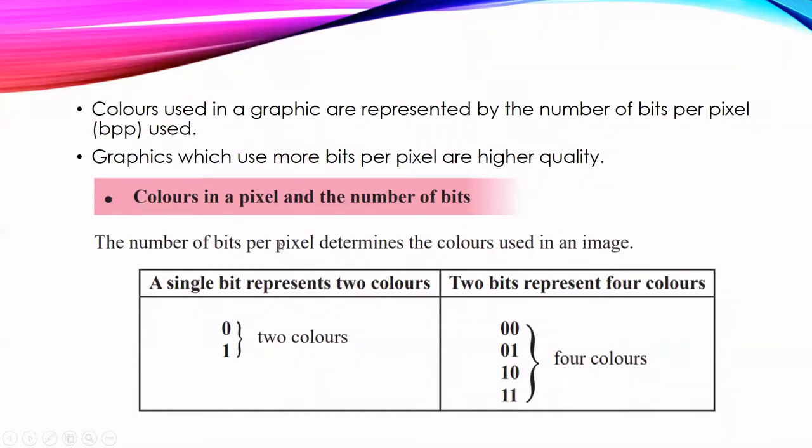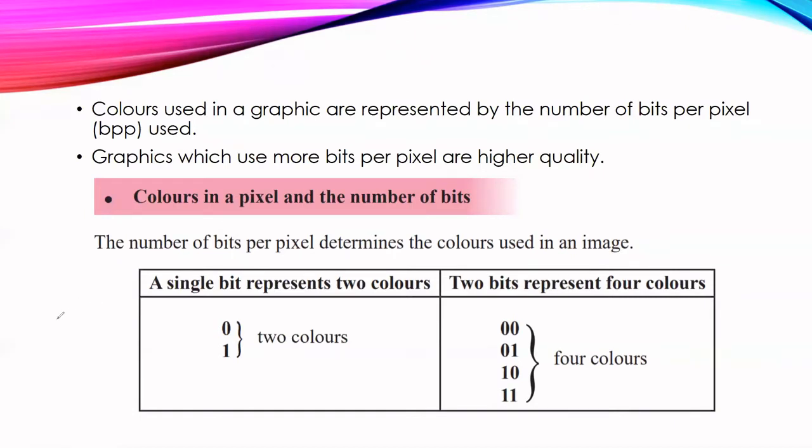What is that? Here the number of bits per pixel determines the colors used in an image. So you can see here a single bit represents two colors. If there are 2 bits in the single pixel, how many colors? Sorry, if there is one bit, a single bit in the pixel, you can see two colors,